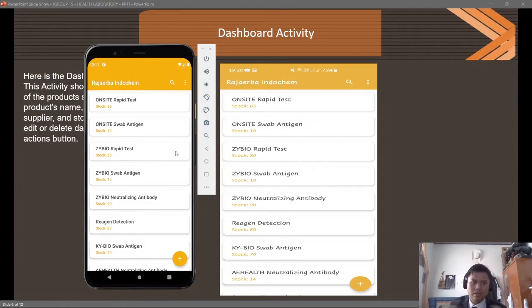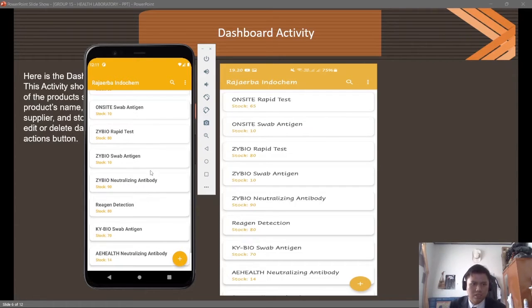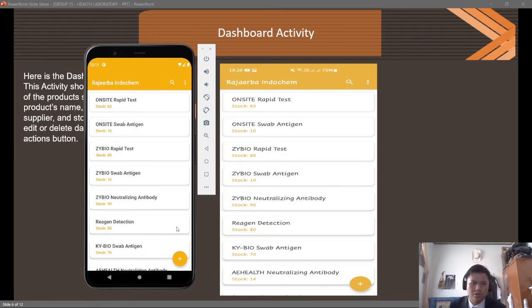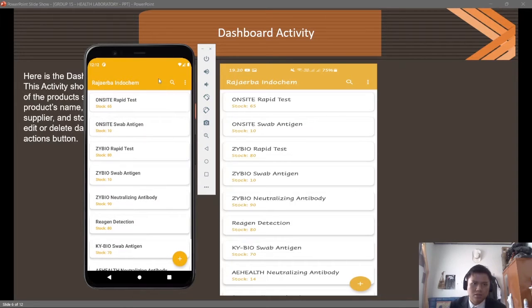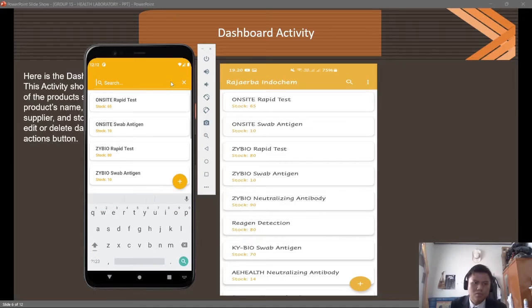Okay, this is the layout design of my dashboard activity. This is the list view, and this is the action button for create product. And in the top of the title bar there is search view and option menu. The search view for search the product by name. For example,